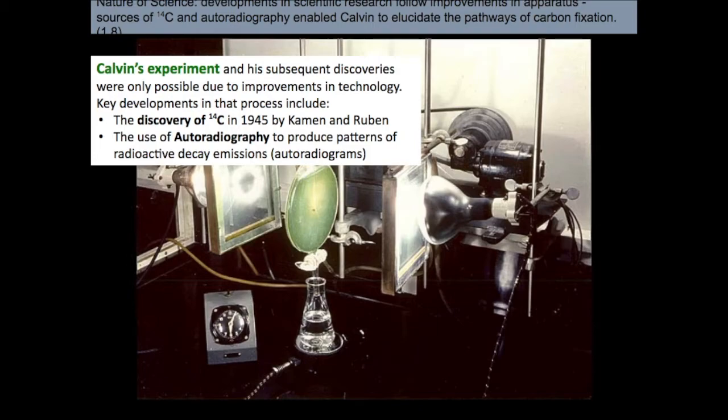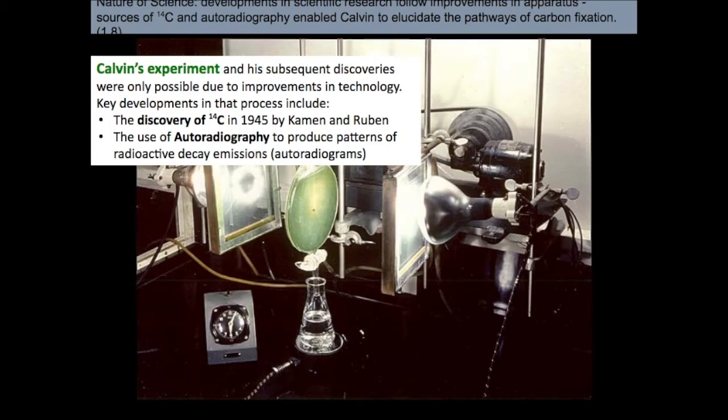Unlike carbon-12, which is kind of stable, carbon-14 is radioactive. It degrades. It emits radiation. Okay? Because we have that discovery, also we have autoradiography. Autoradiography is just like a special type of X-ray where you can take a picture of something that is radioactive. Together with these 2 technologies, he was able to propose